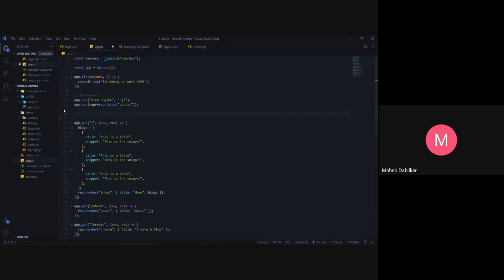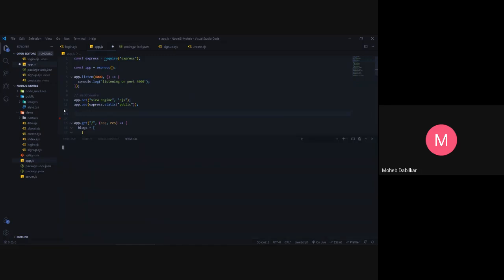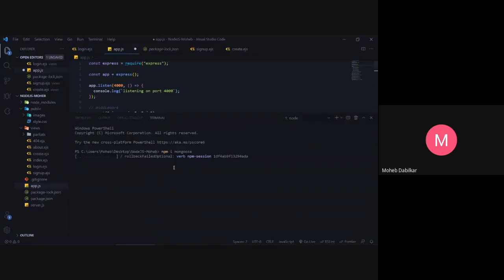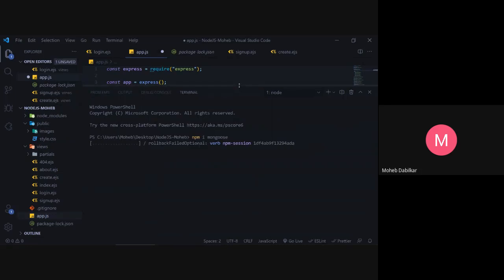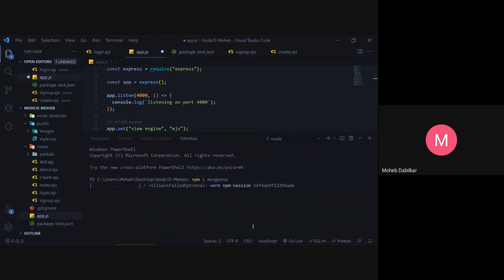Since I'm just going to connect it, we will first have to install Mongoose. So let's just say npm install Mongoose. Please install Mongoose properly.